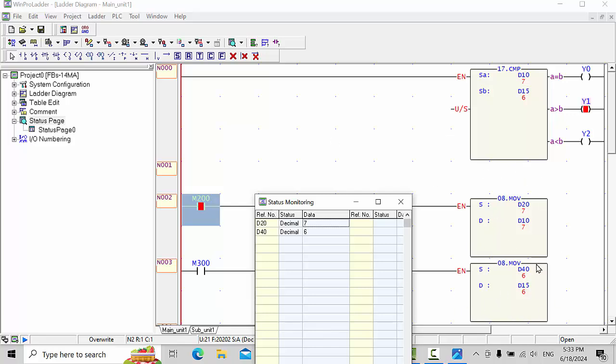When you want more speeds, you have to make another data register compare block. After that, however many speeds you'd like to move, you can move. There are many other ways to control the speed of the VFD, such as RS485 and analog. This I will tell you in the next lectures, inshallah, how we can use these analog speeds. Now in this lecture we have to learn only the compare command,